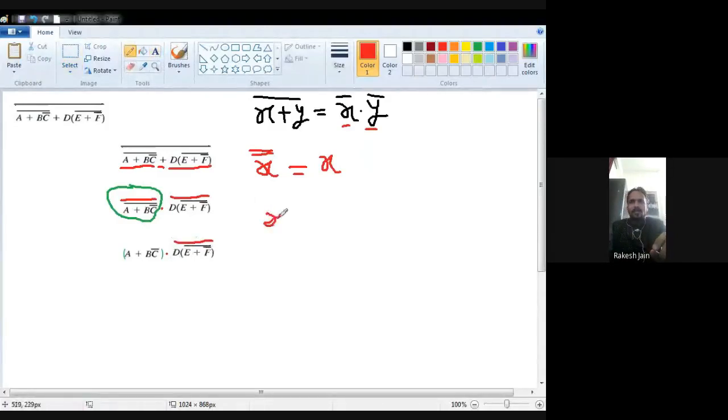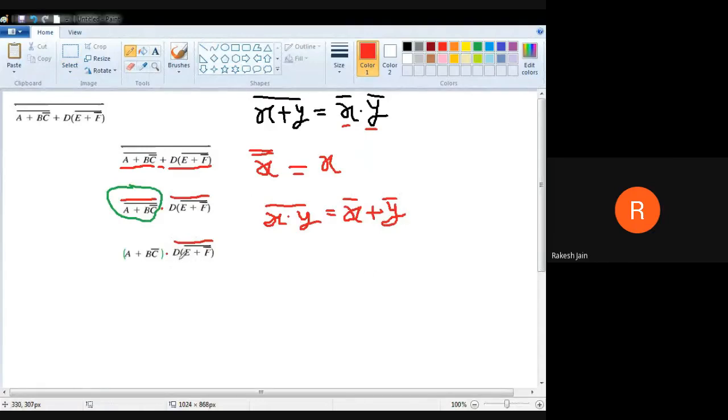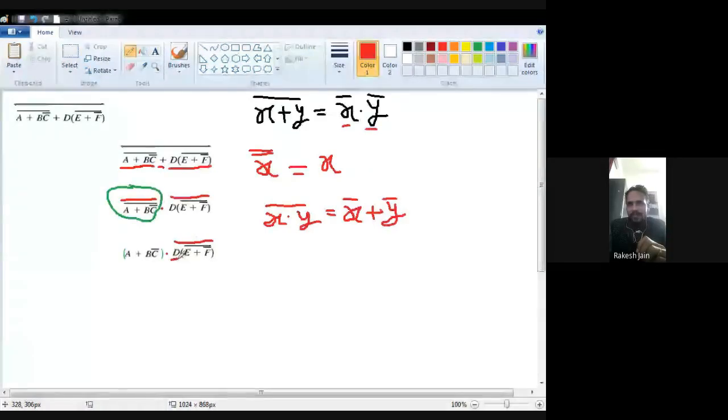Now see, according to the De Morgan theorem, if a term x and a term y, any terms, have a bar over them and are in a dot product, then the dot will be converted into a plus sign, and both the terms should have individual bars. On the basis of that rule, in this second case, consider d as the first term x, and this is your second term. I am going to apply the rule here.